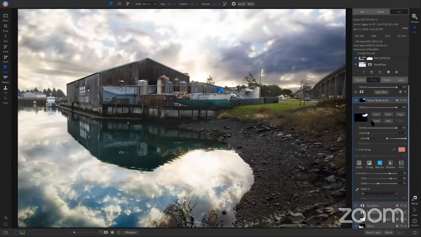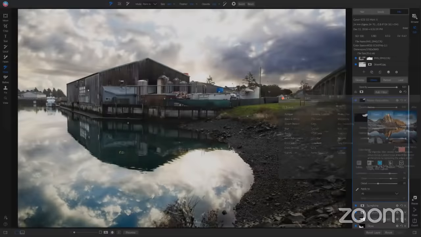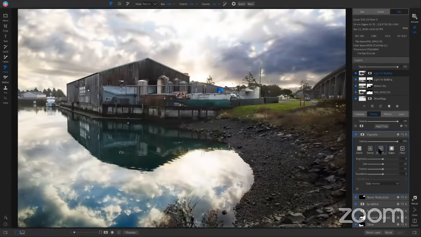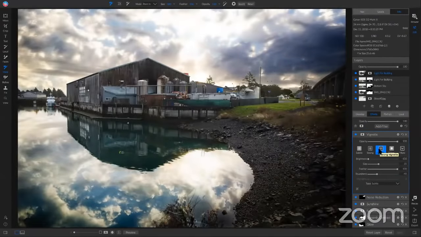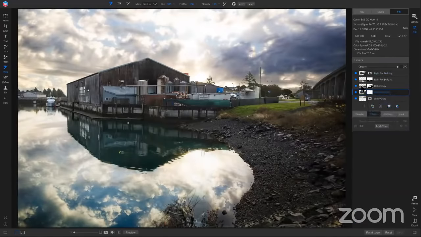So now let's go ahead and add a new filter here. I'm just going to add a nice vignette. And I'll just use this big softy. We'll pull back on the opacity a little bit. And now if we reset that base layer, and we turn these layers off and on, and we turn this layer off and on,